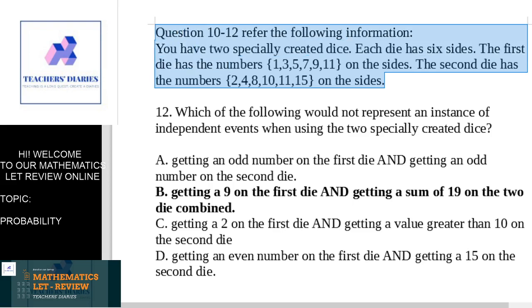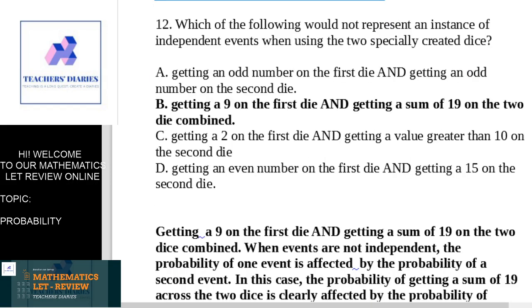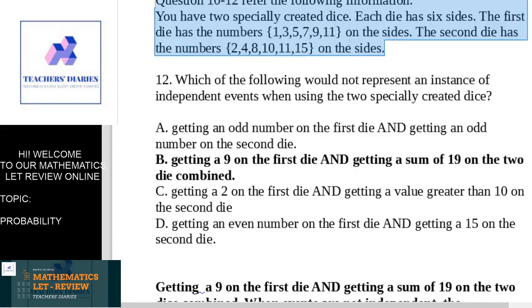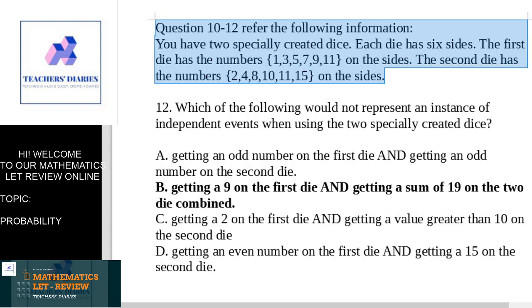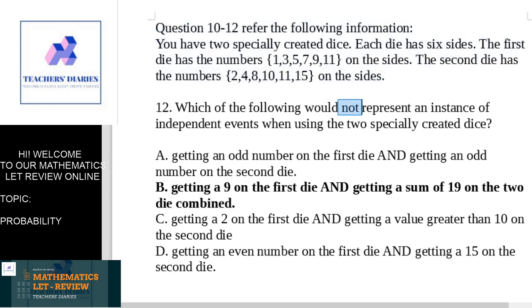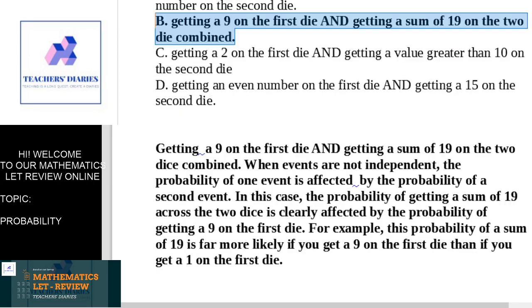Same information. Number 12. Here is the question. Which of the following would not represent an instance of independent events when using the 2 specially created dice? A, getting an odd number on the first die and getting an odd number on the second die. The correct answer here on this problem is letter B, because getting a 9 on the first die and